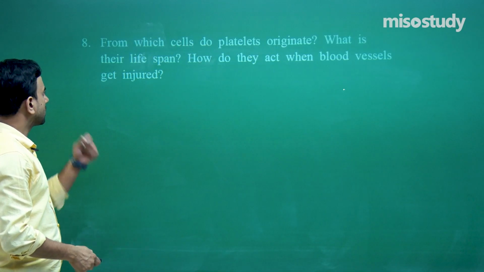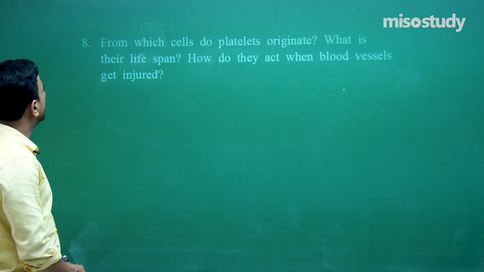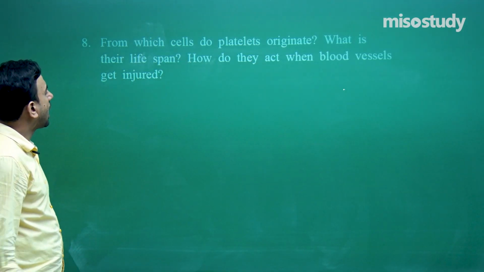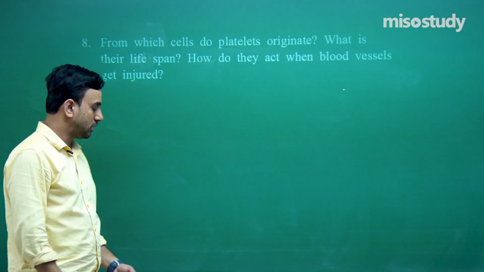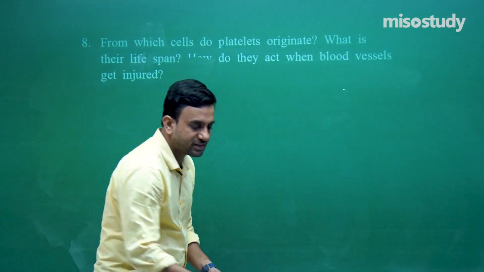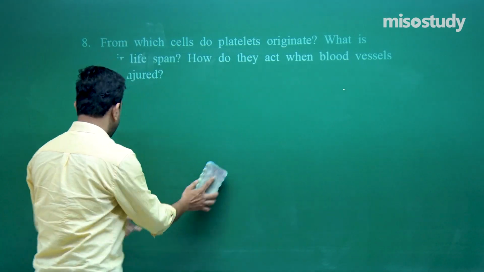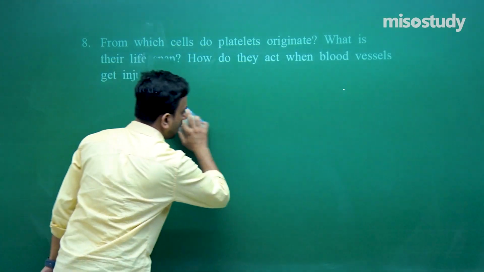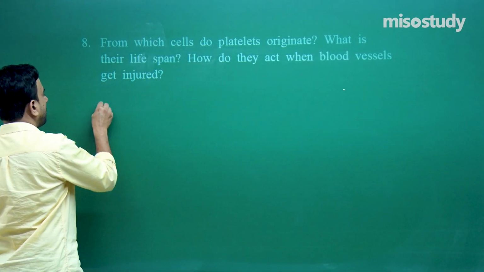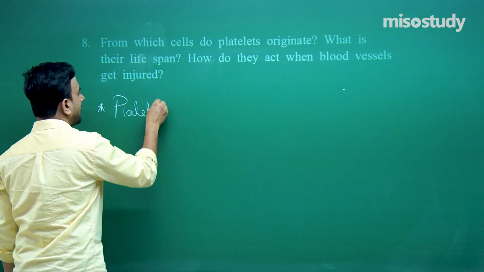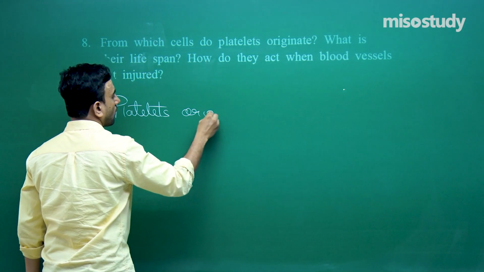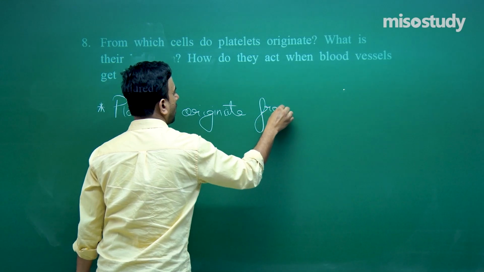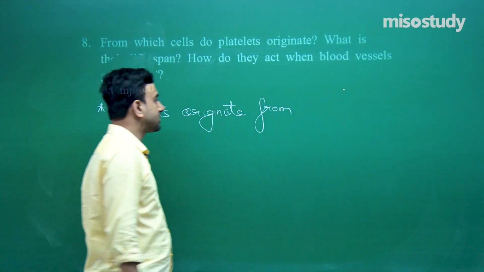Next, we go on to the next question. From which cells do platelets originate? What is their lifespan and how do they act when blood vessels get injured? Right. So, what we will see is that platelets originate from larger cells,